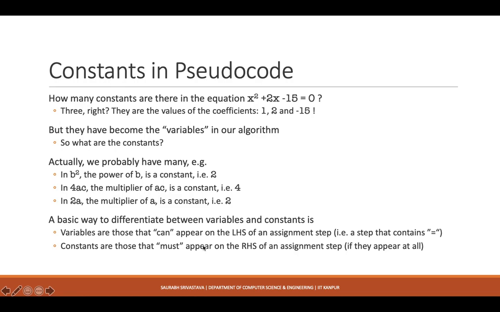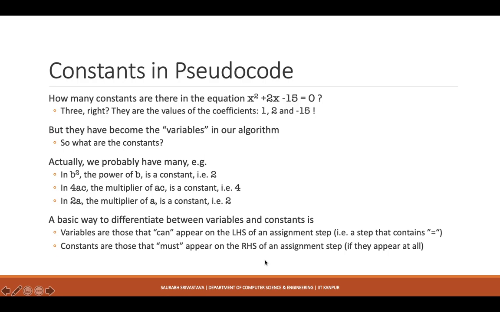and constants are those which will always appear. And this is the difference. Here it is can, and here it is must. So what can means is variables can appear both on the LHS as well as the RHS of an assignment statement, whereas constants can only appear on the right hand side of your assignment statements. So maybe this is probably easier. You first identify the constants, and then whatever is left is going to become variables in your programs